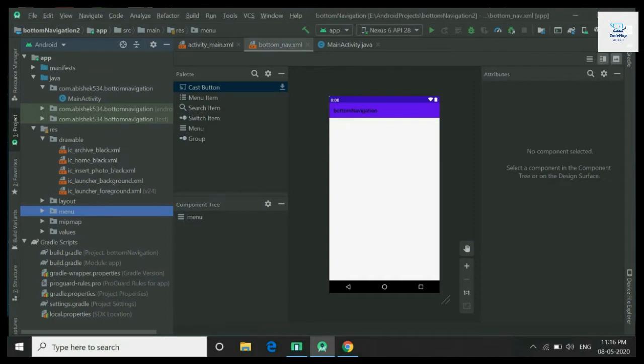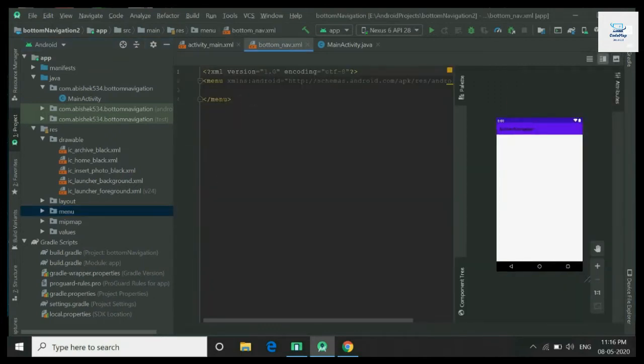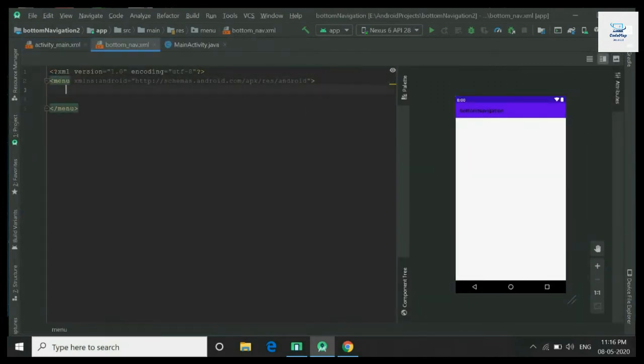Now switch over to the text view and add items for your menu.